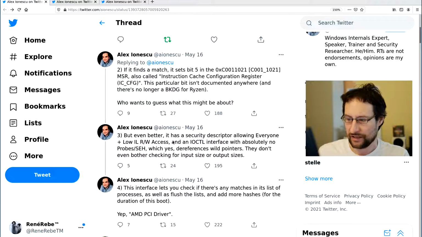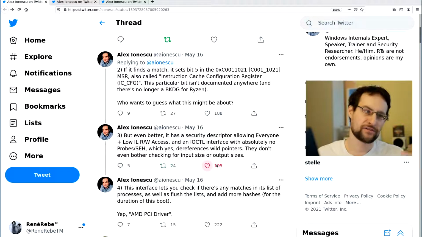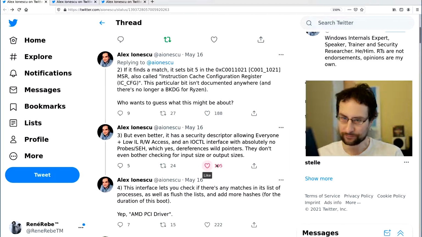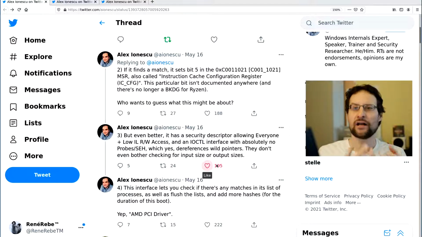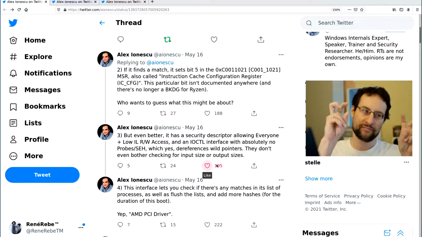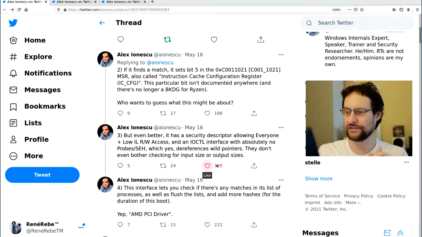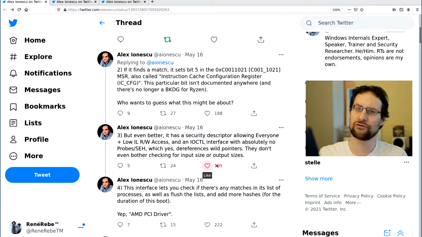But even better, it has a security descriptor allowing every single one read, write access and an IOCTL interface with absolutely no probes, SEH, which references wild pointers. They don't even bother checking for input sizes or output sizes. Yeah, 2021, not only a benchmark manipulating chipset driver disguised as something else, but also a total security hole in your Windows system,